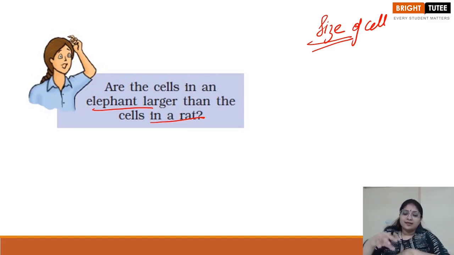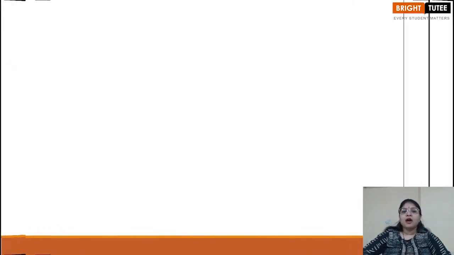The nerve cell is conducting the messages from the brain. This will remain the same. This will not change. So in this way, we see that the size of the cell is not dependent on the organism, and there is an immense variety in the size of the organisms. Now, once we have understood this,